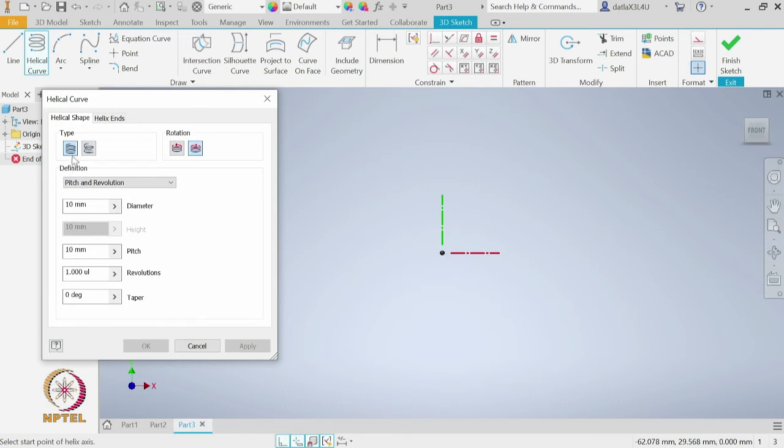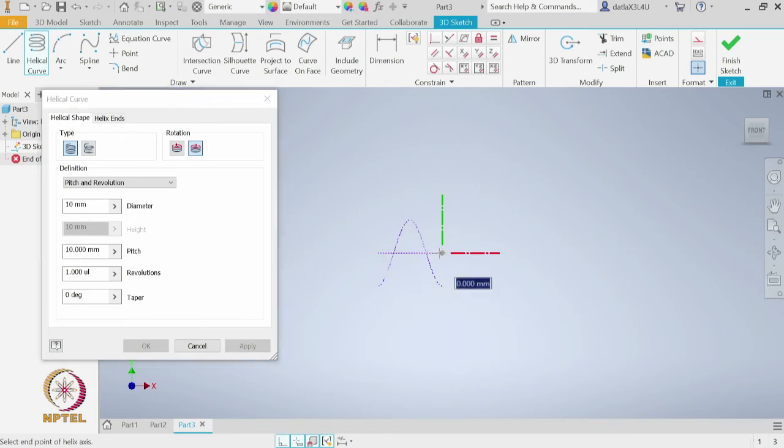First let us focus on this one where it says constant helical curve, later we will come back to the other options. In this constant helical curve, by definition there are 4 different options it is giving, where you can define the pitch and revolutions to define the helix, or the revolution and height, or the pitch and height, and lastly the spiral. But let us start with the first option, pitch and revolution. First let us specify the starting point.